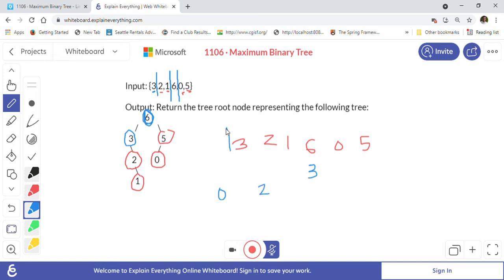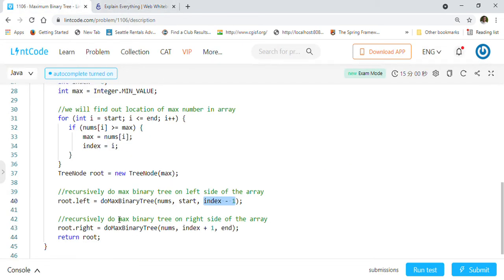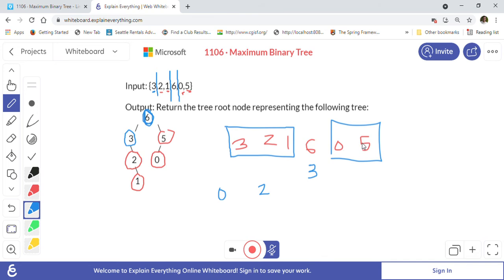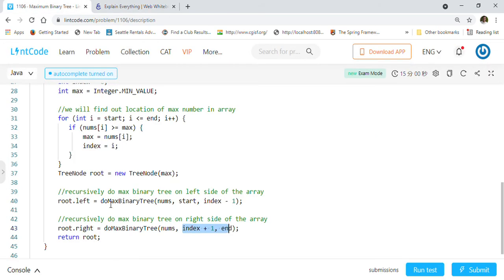Basically what we are doing is we are passing this array now for the next call, the left array, and on the right side we will be calling this right array. So I'll show you that. And then on the right side we will be calling index plus 1 to end, means this part that I showed you here, 0 to 5. And whatever node we get as a return node from this function, we will just say root dot left for the left part here and root dot right for the right part here, and at the end we will be just returning the root, basically.